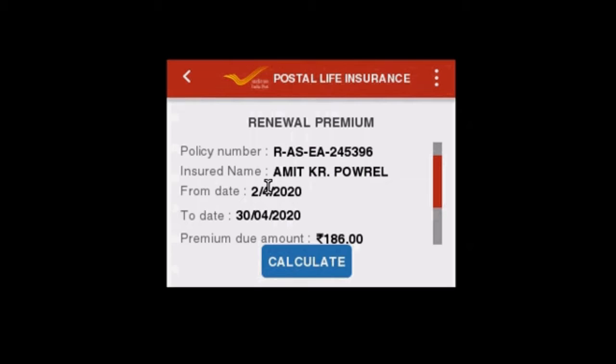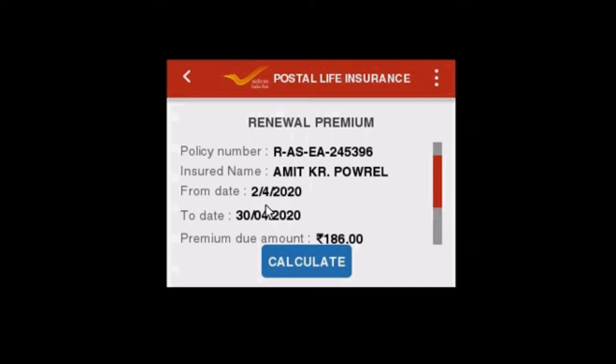Less premium cannot be paid by the customer. Less premium means there is 4 months gap, and the customer wants to pay only for 2 months. This is not allowed. And now it is showing only 1 month. He may pay for 2 months also. That can be allowed, but less payment is not allowed.